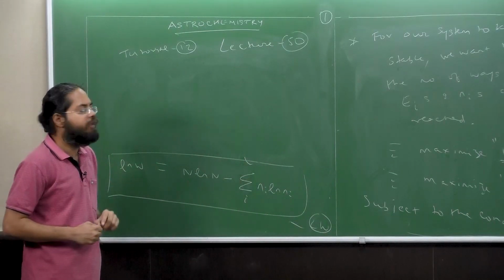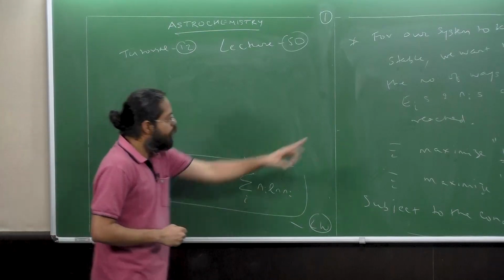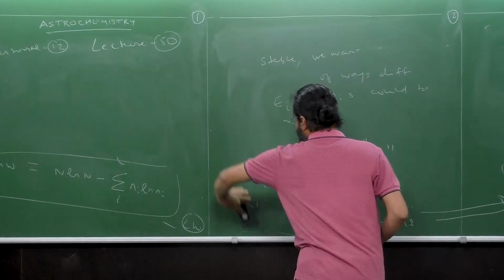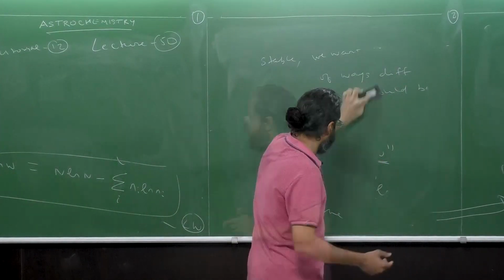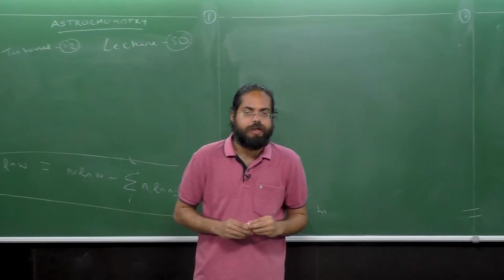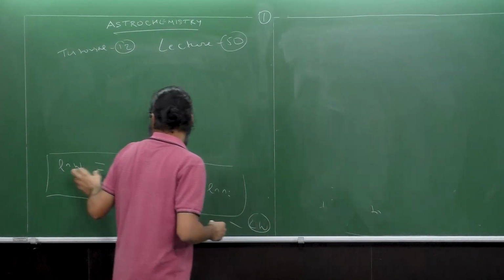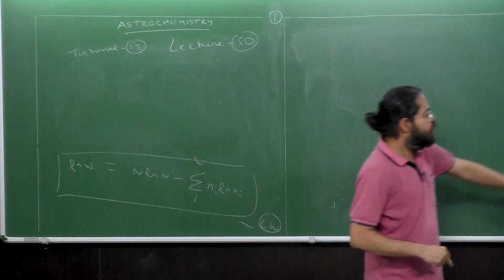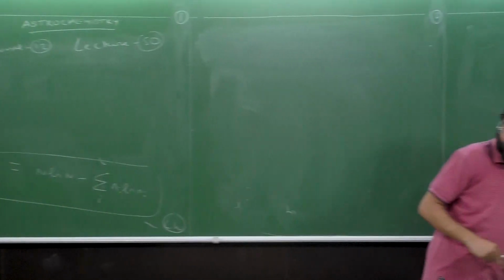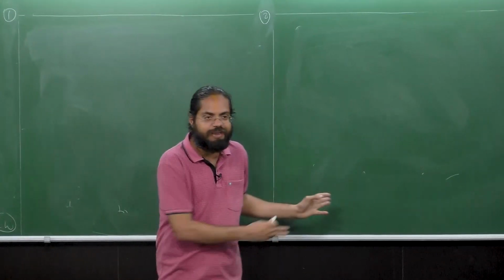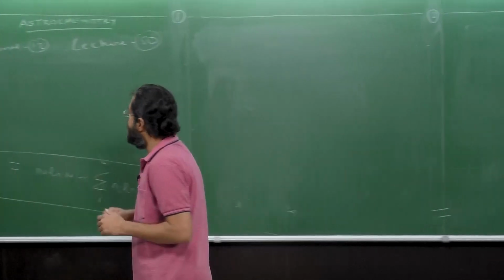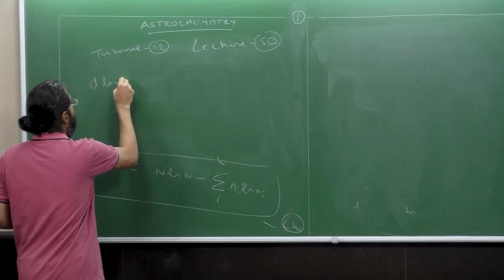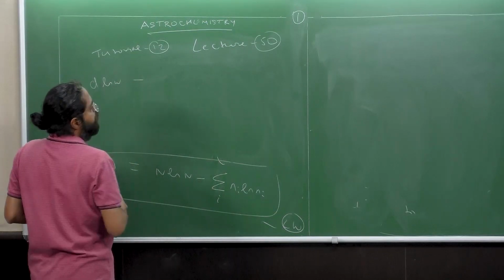Okay, so in this tutorial, we shall continue from where we left. Now I'll just delete this part. We'll continue from where we left and we shall derive the expression for the Boltzmann distribution. So the task that we have is to maximize ln W subject to the constraints of the total number of molecules being constant and the total energy being constant, given by the expressions that we just deleted, okay? So in other words, my d ln W,